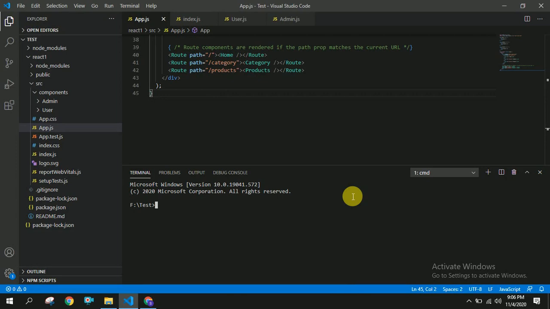In this video we are going to see how to create a signature pad using React. For this I have created a project called React 1 and let's navigate to this project. Nowadays signature pad is used in many of our applications for creating virtual signatures, etc. For this we have to use two npm installations: one is React signature canvas as well as React signature pad. So now let's see how to use this.